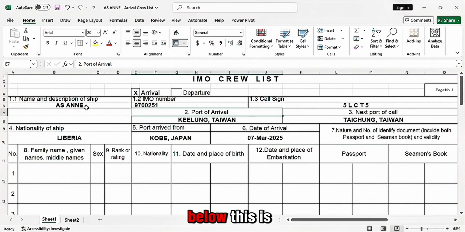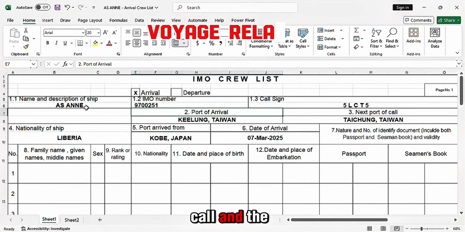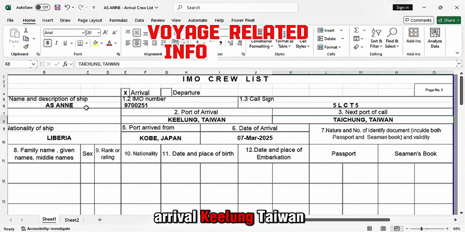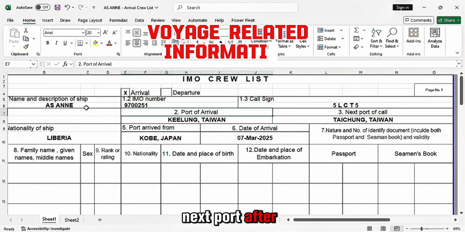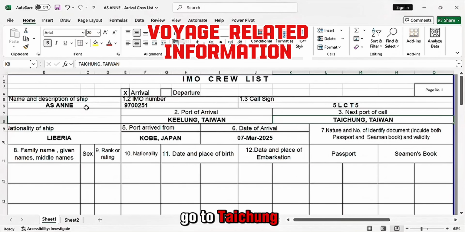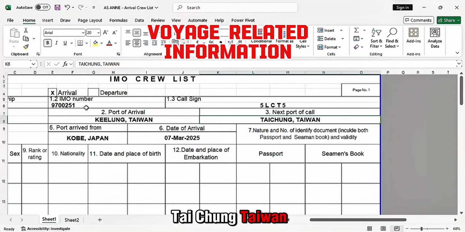Here below is the voyage information. This usually includes the last port of call, next port of call, and the ETA. In this case, port of arrival is Keelung, Taiwan. The next port after Keelung, we'll go to Taichung, Taiwan.